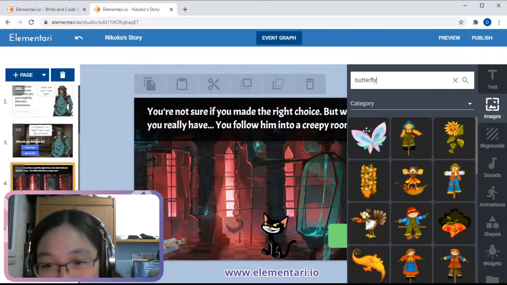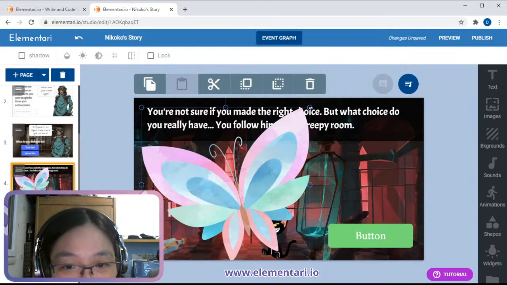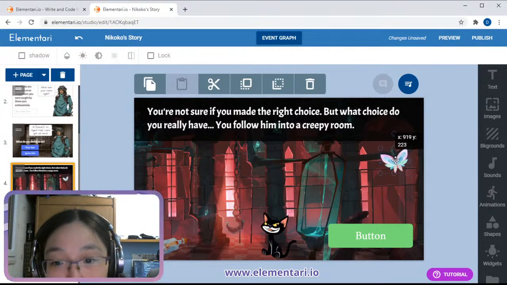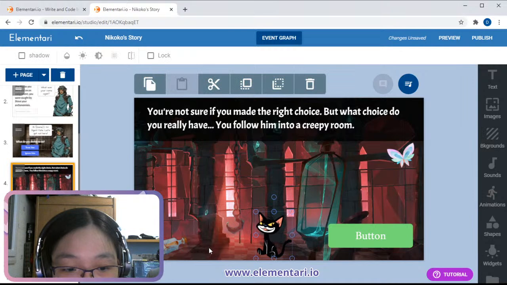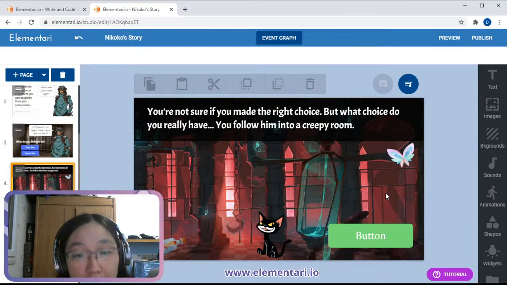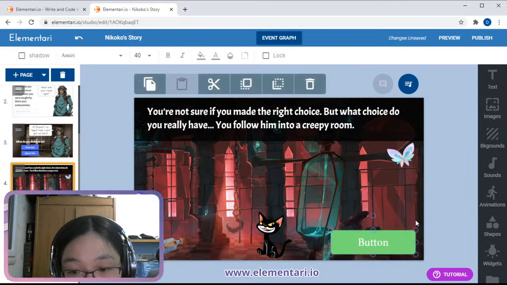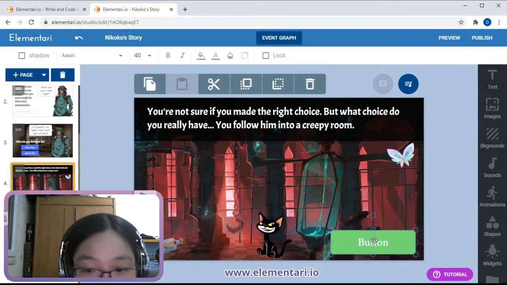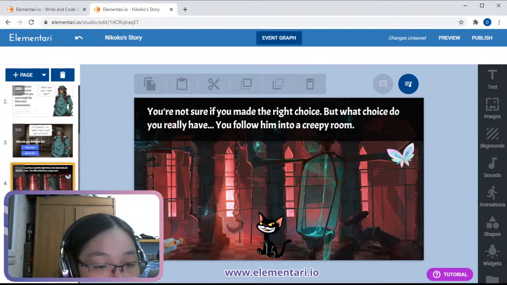Okay, sure, a butterfly. There we go. We have a butterfly, a cat, things like that. Okay, so we have a couple of objects on the page. You have a couple of choices on what you can click, and we can trigger different actions depending upon what we click. I'm just gonna get rid of these buttons because they're kind of ugly.